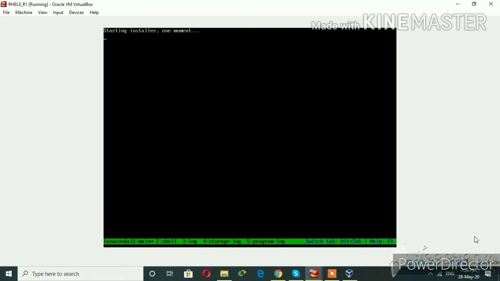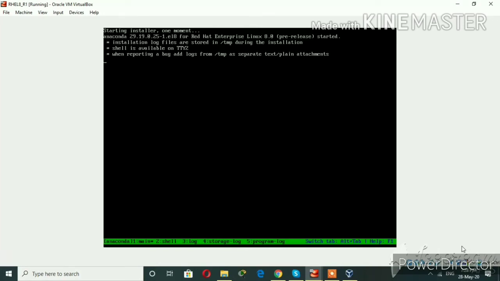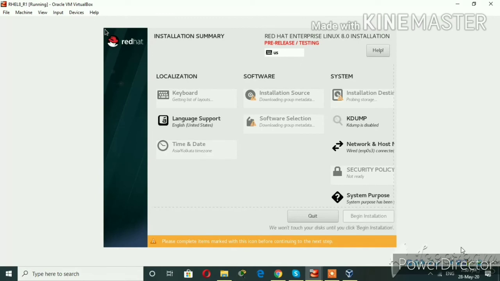Now whatever parameters we have given in the Anaconda file, the same parameters it is going to install here automatically without user intervention.